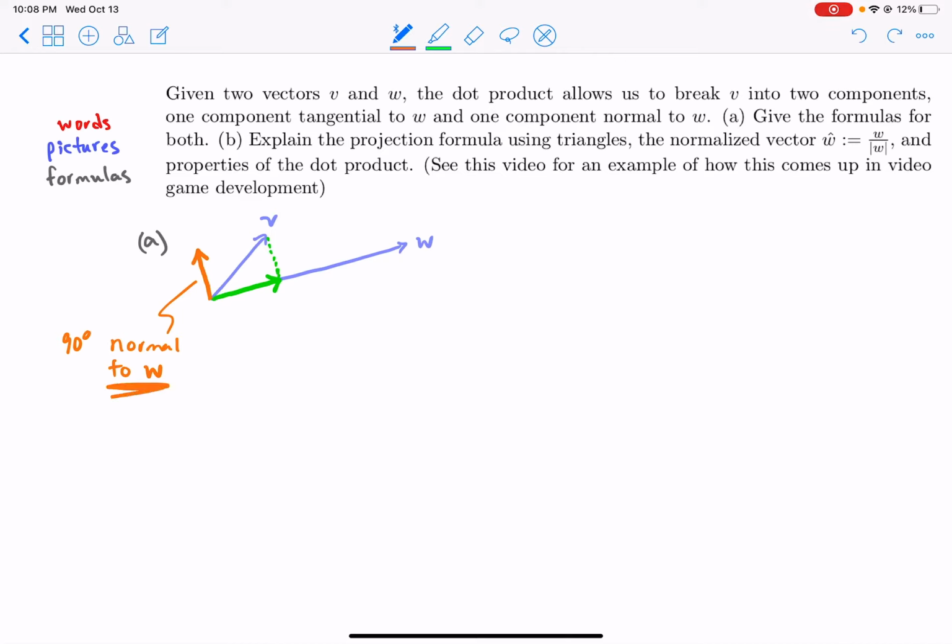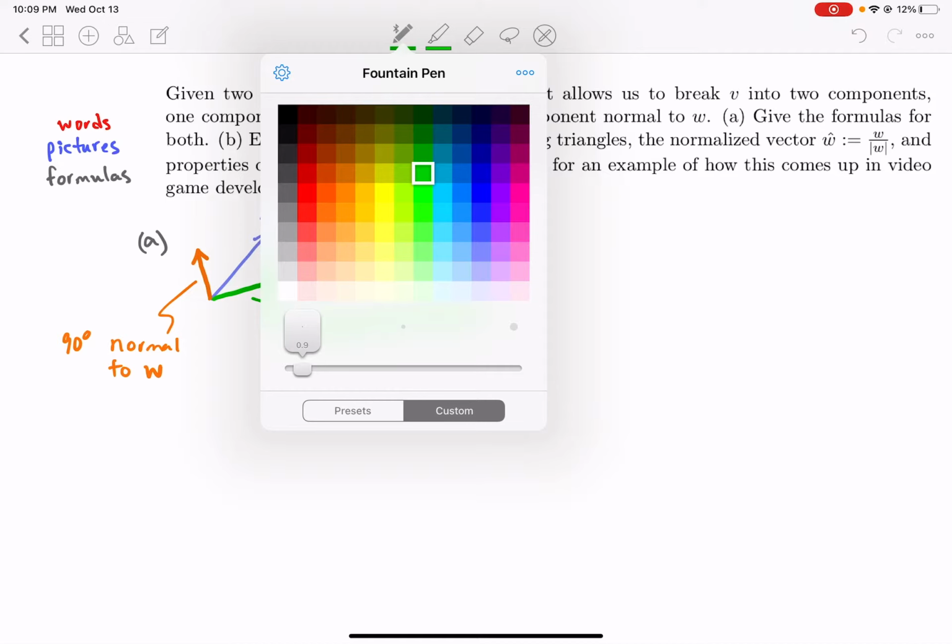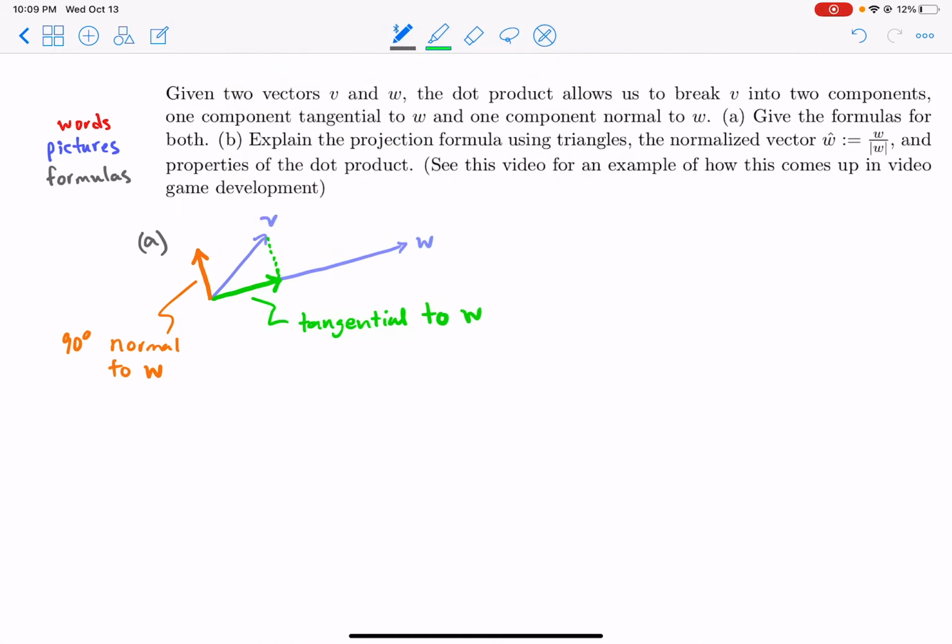And remember, it's normal to w, okay? And then this part here is tangential. Tangential to what? To w. Okay, and now I need formulas for them. So the formula should be in black. And so here's the formula